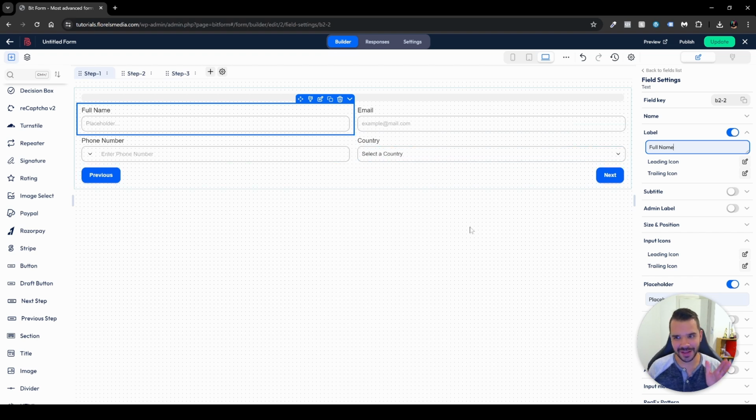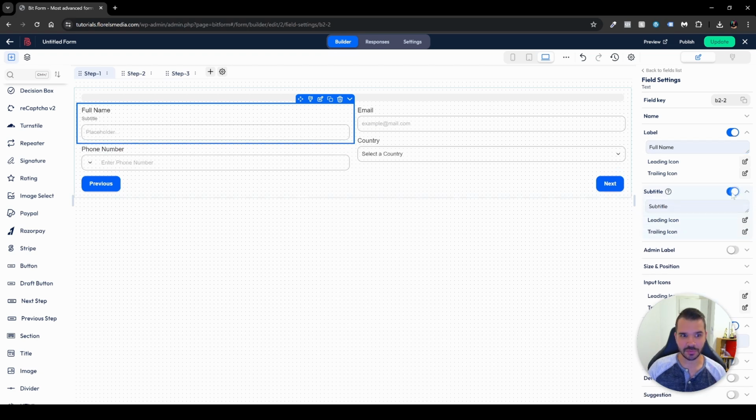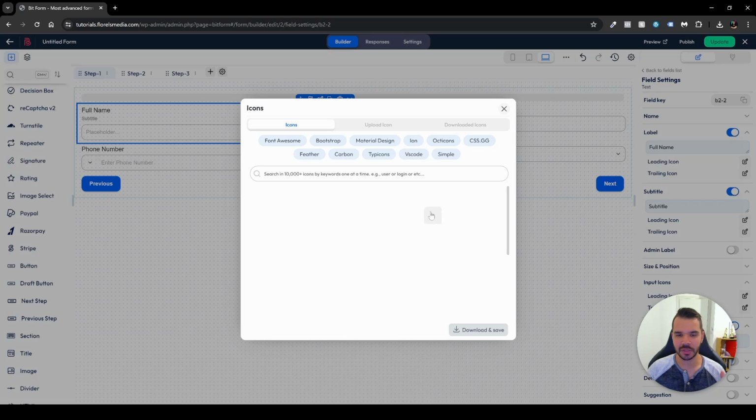Now, other than that, I just wanted to show you here some of the options because there's so many over here. Now we have the subtitle. Now the subtitle would add a little title just beneath our full name. Now you can also stylize it over here. You can set the lead icon or the trailing icon. Again, just click it and you'll be able to see that you have so many icons over here,